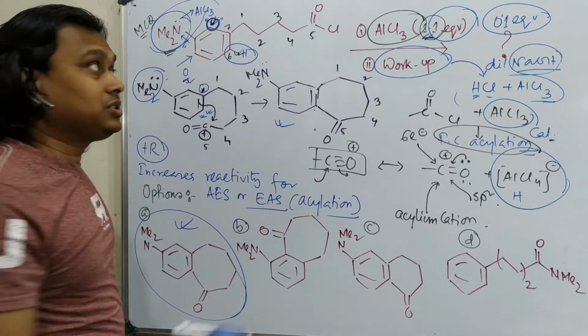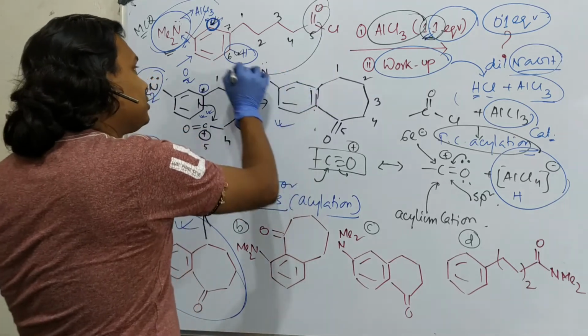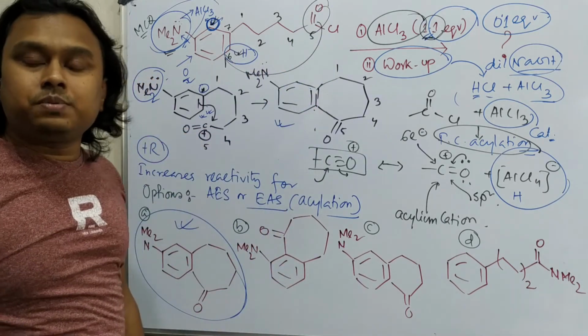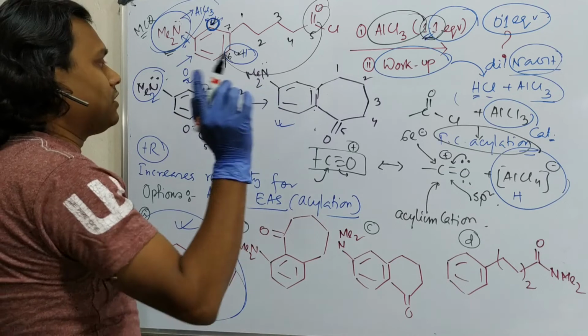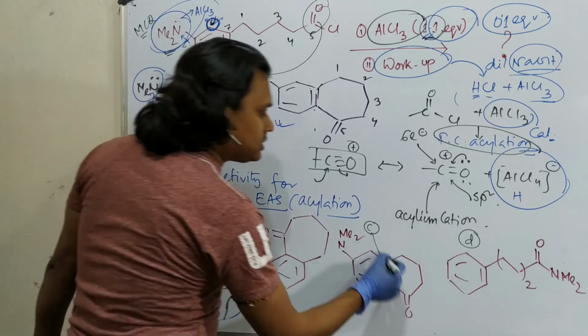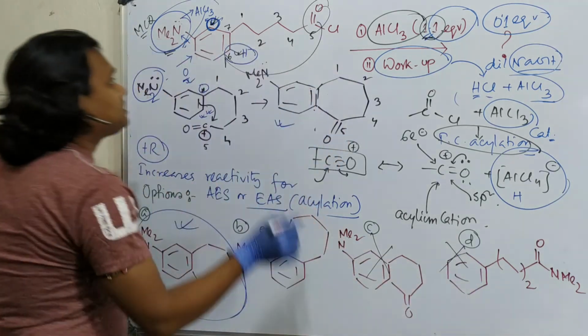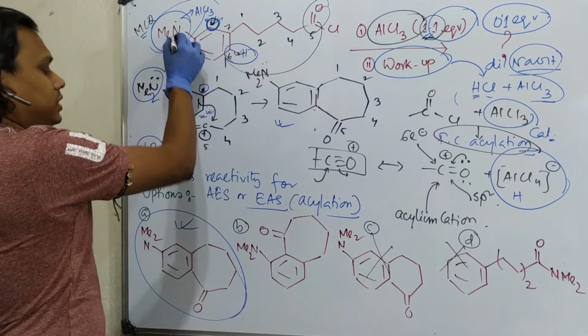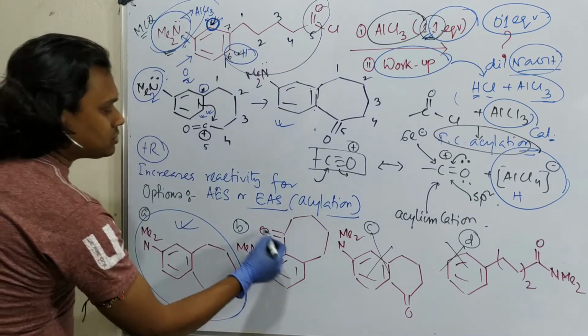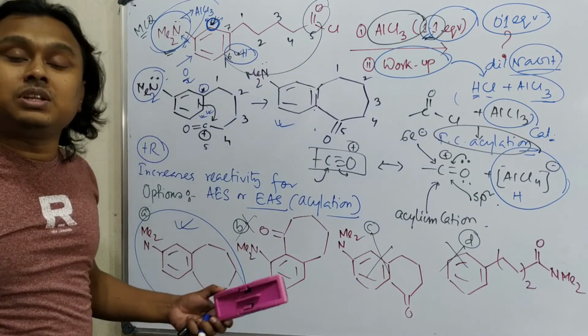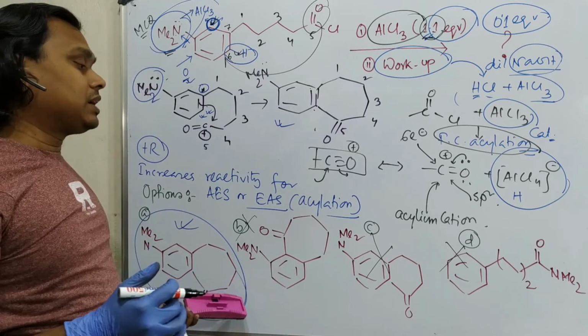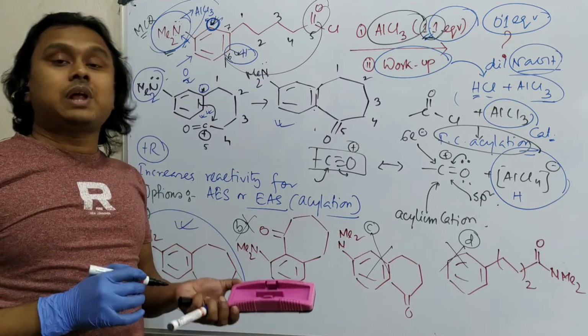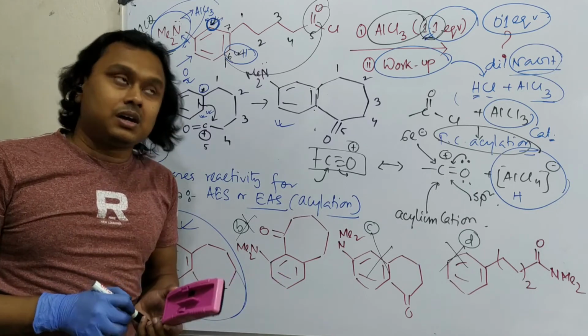And the most important thing, where will the carbonyl go? Carbonyl will go at this center. If you can predict this much, then the final answer is gone. First of all, 7 member ring. This is gone. This is gone. Second, carbonyl is para to NMe2. This. So this is gone. Very easily, within less than 30 seconds, you can conclude the right answer, if you try logically. So this is the total discussion.